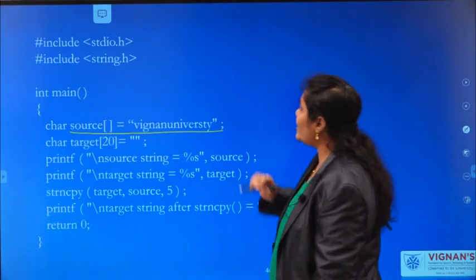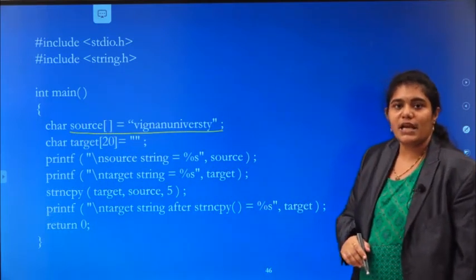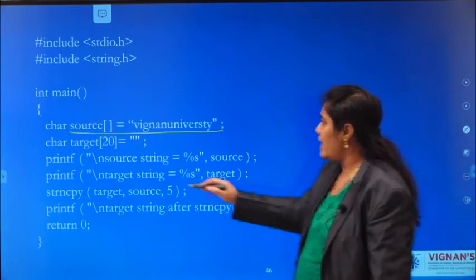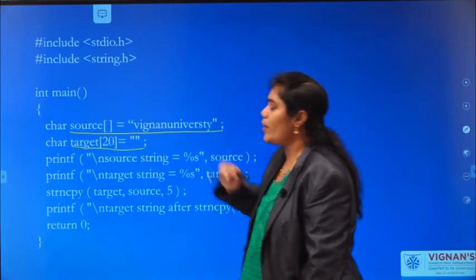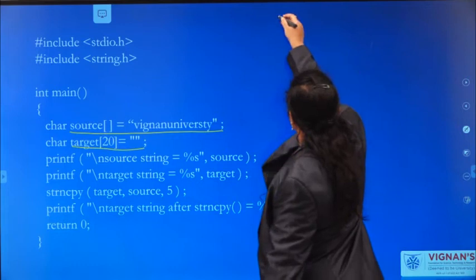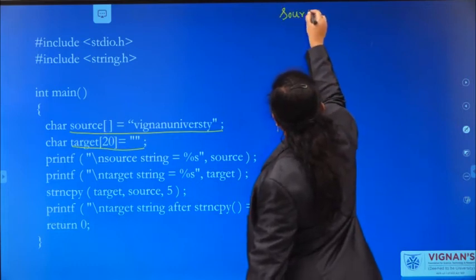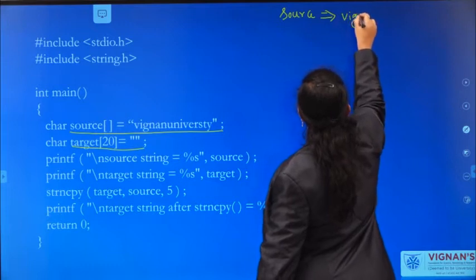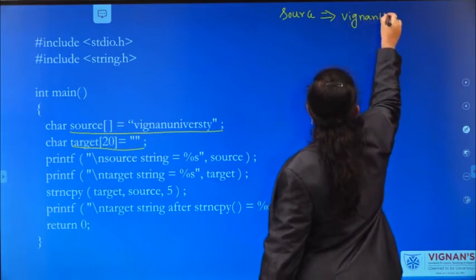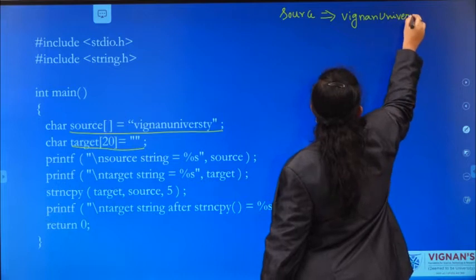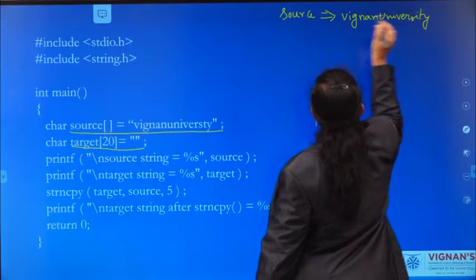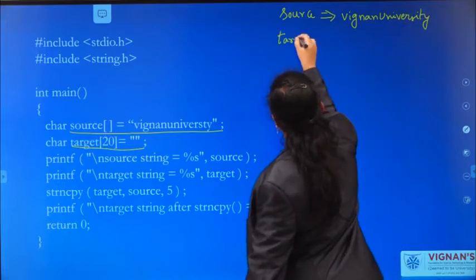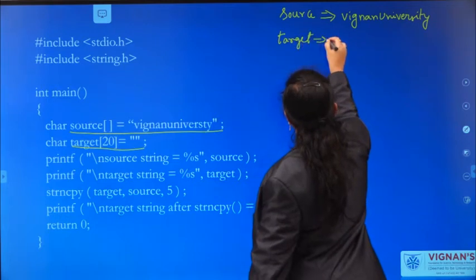Source is Vignan University. And the target, right now it is empty. See the arrays. Target, right now it is empty.